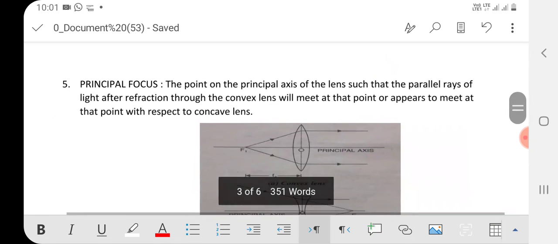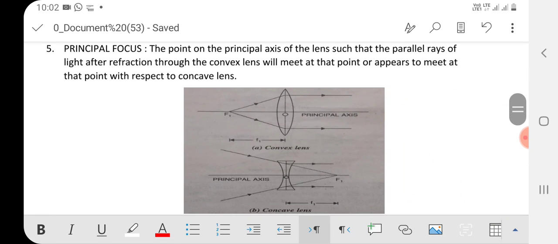The next one is principal focus. Now what is principal focus? The point on the principal axis of the lens such that the parallel rays of light after refraction through convex lens will meet at that point. So you can see in the first diagram, the parallel rays of light after refraction will meet at that point, or the rays of light which are emerging or